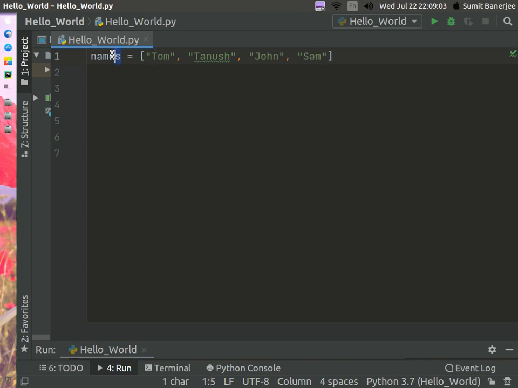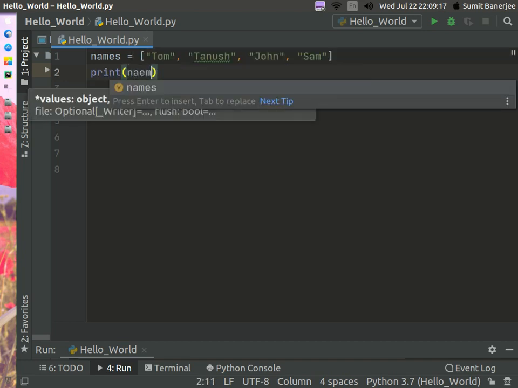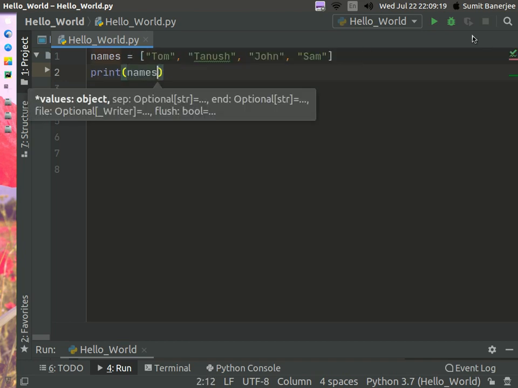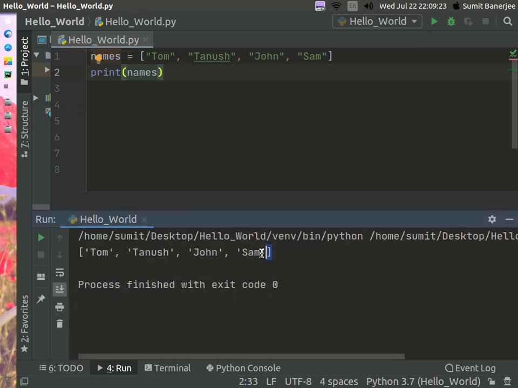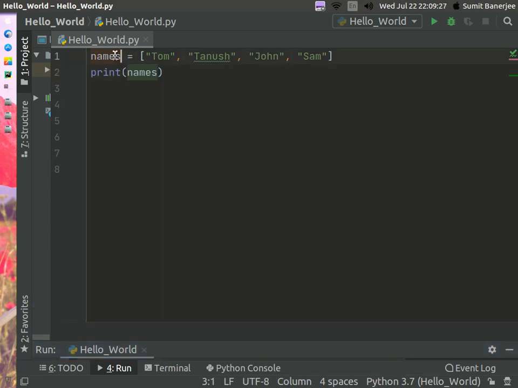This names list or array is storing 4 different elements. Now when you print names, you can see that it is printing all the 4 names. So these are the basics of strings.